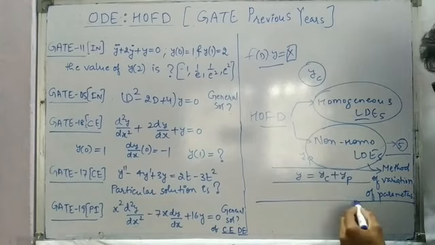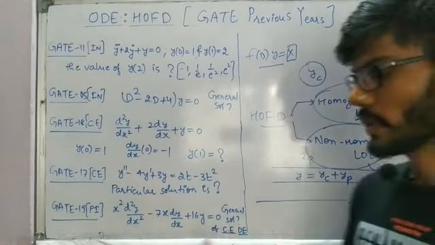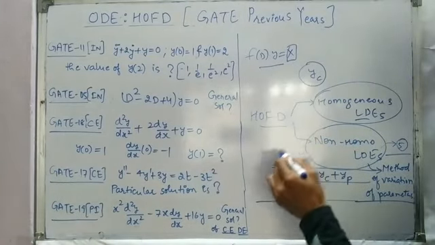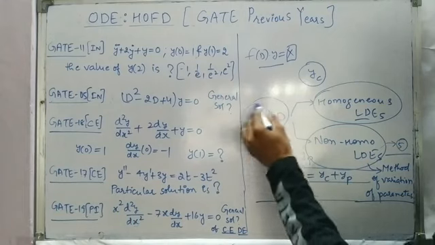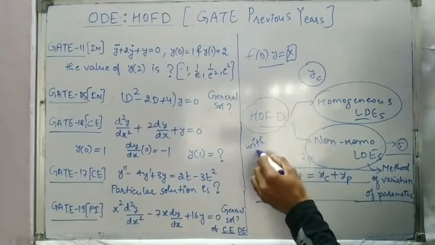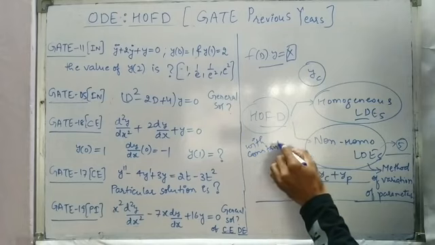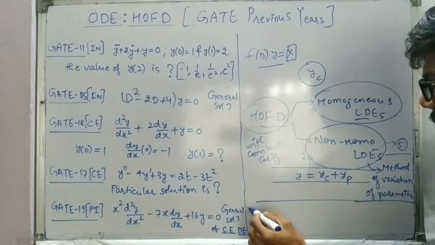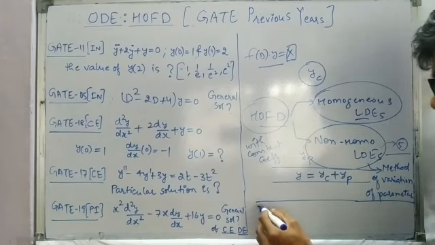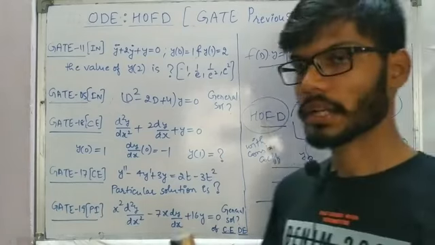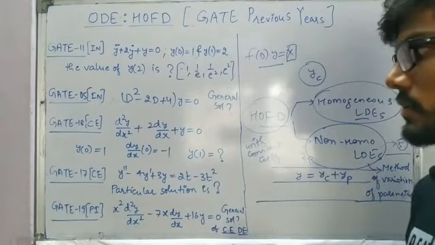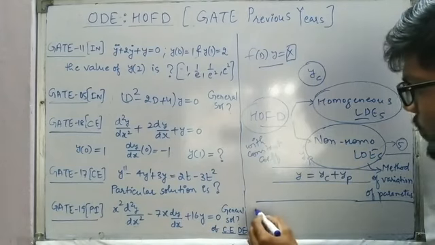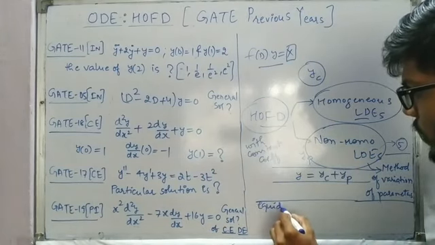And after that, if we have a linear differential equation but the coefficients are not constant, because in the case of homogeneous or non-homogeneous higher order first degree, we were talking about differential equations with constant coefficients. But if the coefficients are not constant but are in terms of x, with equal power of x, like if it is dy by dx we have x in multiplication, if it is d2y by dx2 we have x square in multiplication. So we also call it equi